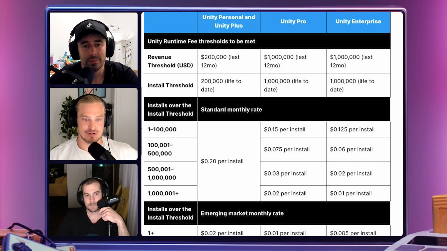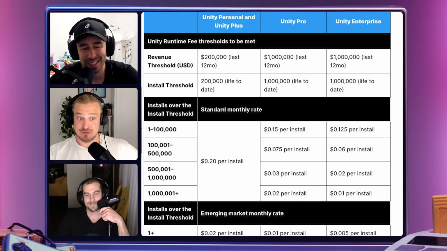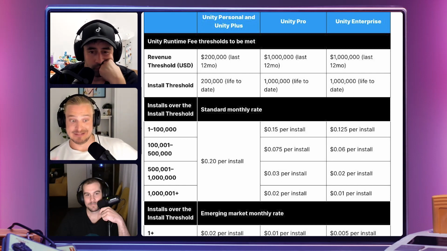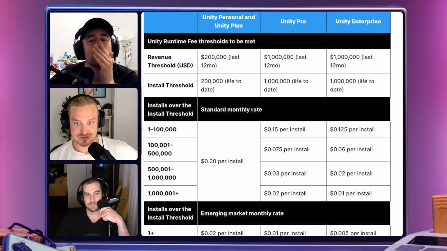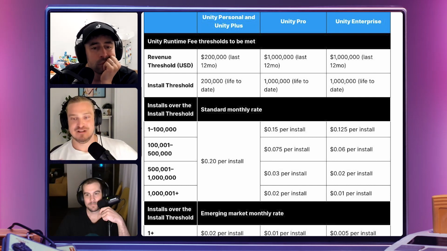Please reach out to your account manager for more details. And those inboxes are on fire since 4 p.m. CET. So from my understanding, this essentially means that developers on LevelPlay will be exempt, partially or completely, from this new pricing structure, which massively changes the landscape for mediation selection.